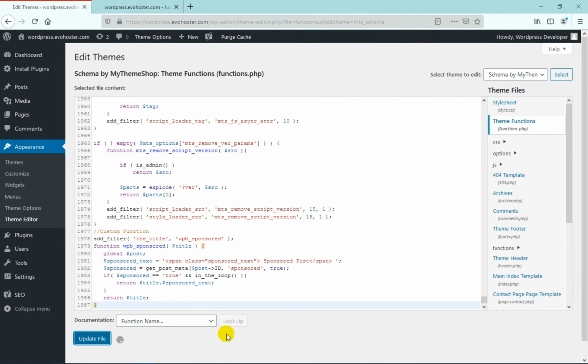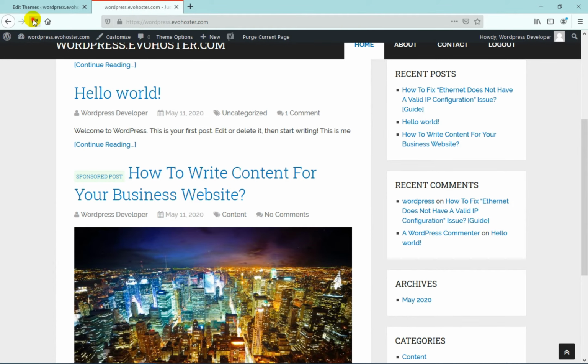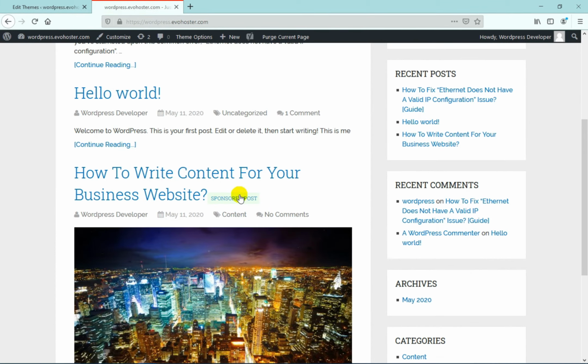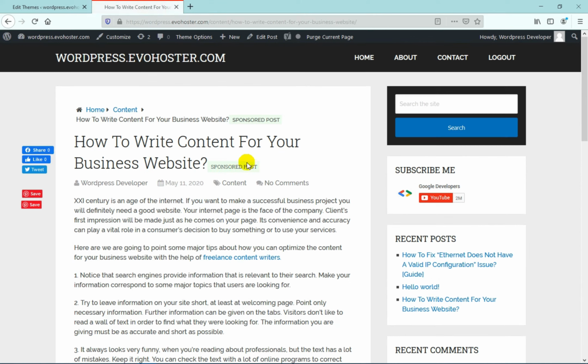Now if you study the code, we have made two changes. We have added a single letter space before the sponsored text and then we have switched the order to display $title first. So basically we are just showing the title first and then the words. So that's all. Now if you go to your website, you can see that the sponsored post suffix is being displayed along with the post title. So that's how easy it is to add these things.